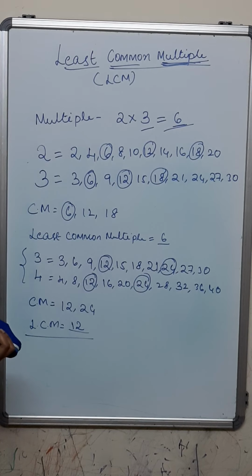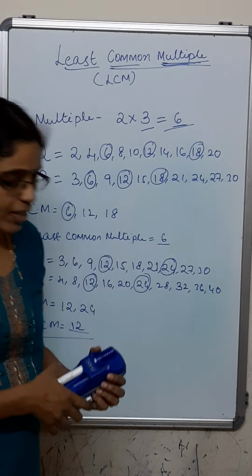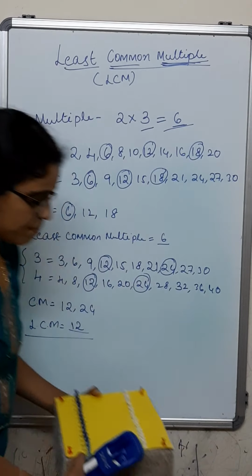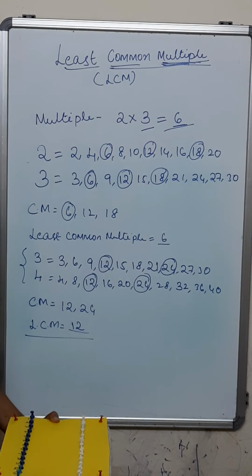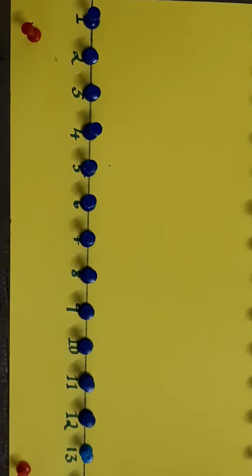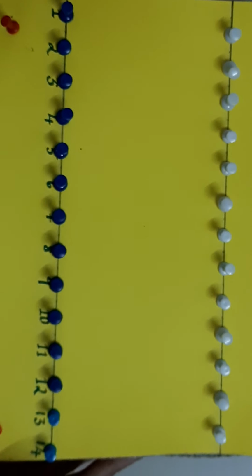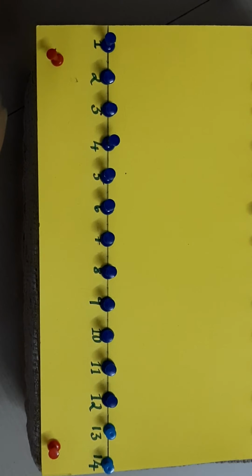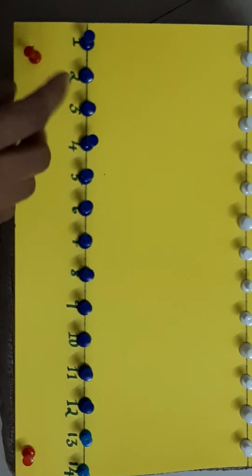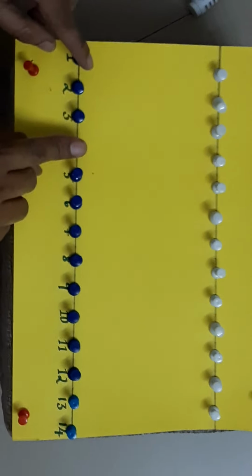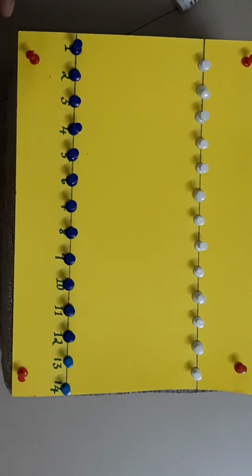So to demonstrate this least common multiple, I have a small equipment with me. So let me show you that. Ready? Okay, this is a small equipment or a tool which I am using to demonstrate least common multiple. Here I have written down all the numbers starting from 1 to the end of my sheet, keeping a particular distance in mind, and then I have used my paper clips to pin over the numbers.